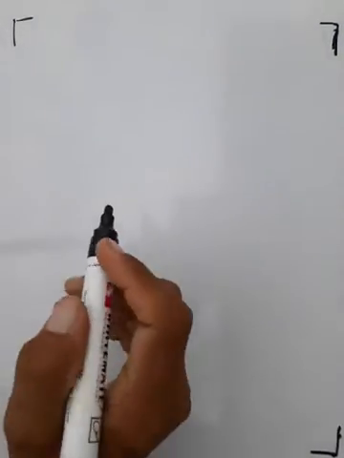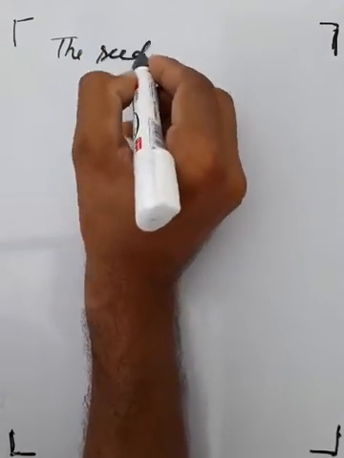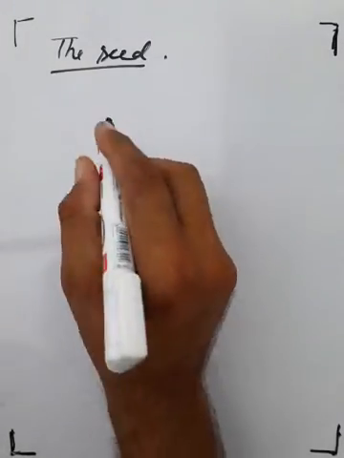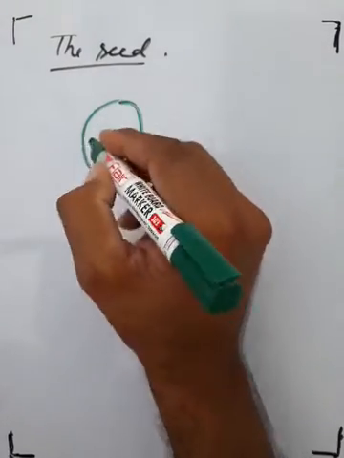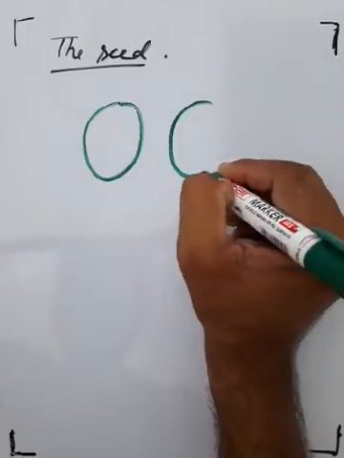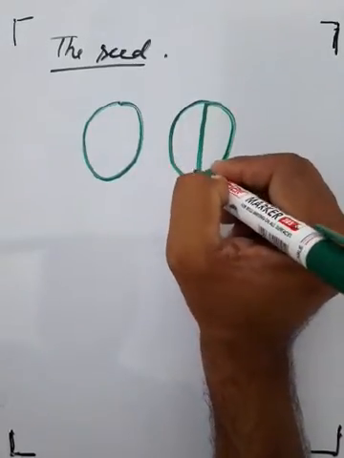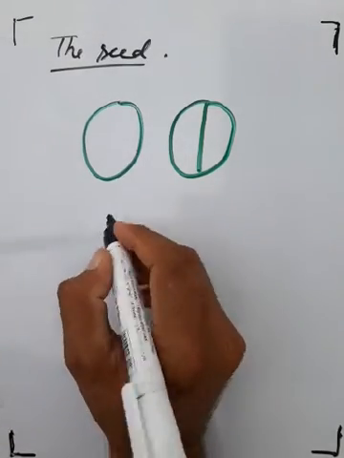Yes, students, we are doing the next topic here: the seed. The seed is formed in the ovary. The ovary has a chamber, which may be a single chamber, double chamber, or multi chamber. This chamber is known as a locule,